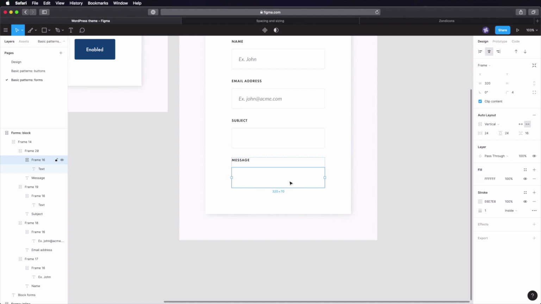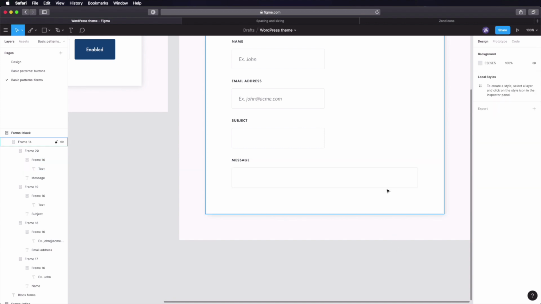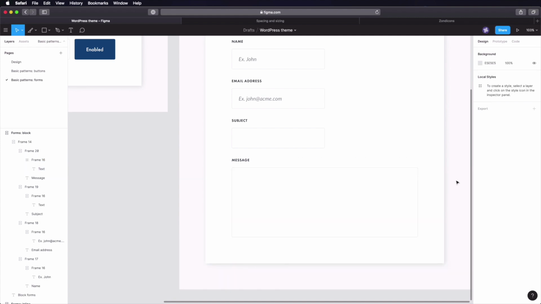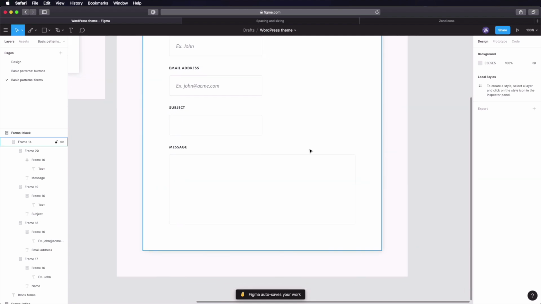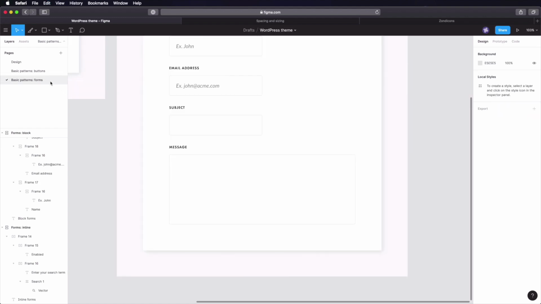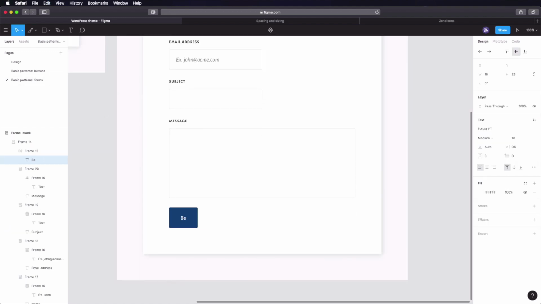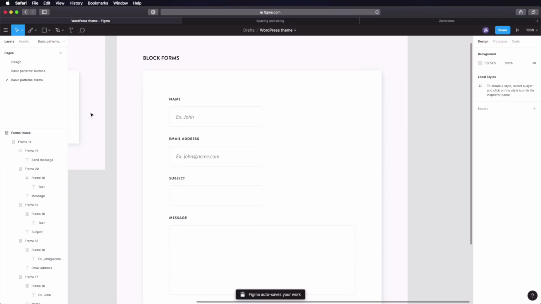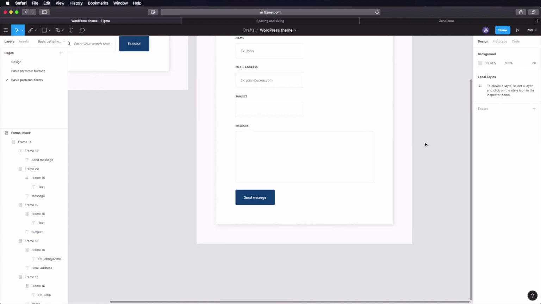And for this one, we're going to double the width, so 640. And also for the height, and actually we don't need an auto layout here, so let's delete that and select 240 for the height. Okay, and finally let's add a button. Let's add one of these default buttons that says send message or post comment or whatever it is. We'll consider this to be a contact form. So that is